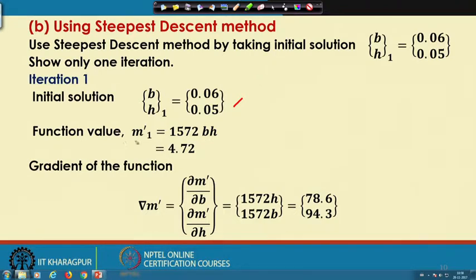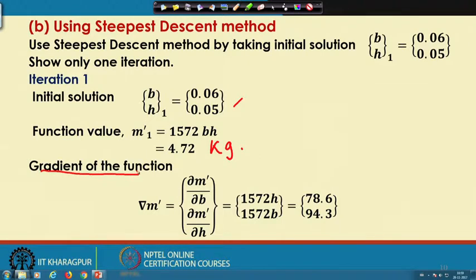We calculate the function value m1 prime, that is 1572 BH, and if we substitute B as 0.06 and H as 0.05, I will be getting 4.72 kg. So, this is the mass of this particular single point cutting tool, and here the search direction is opposite to the gradient. So, we will have to find out the gradient of